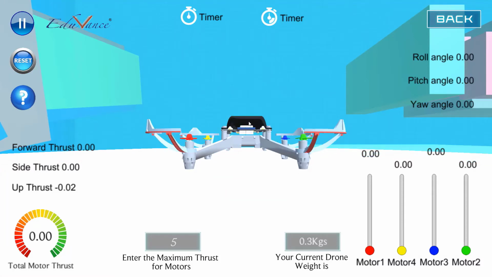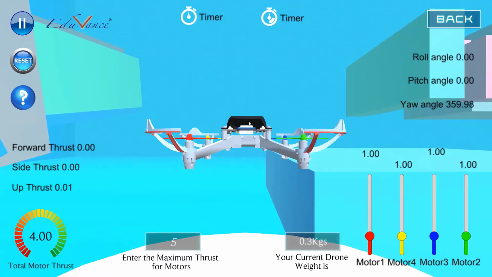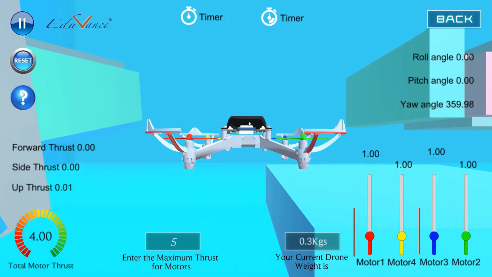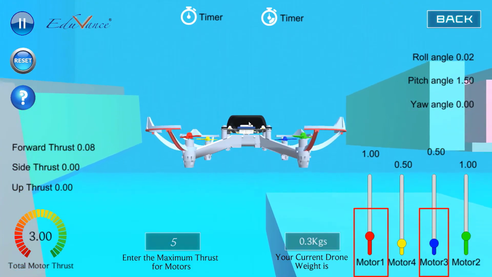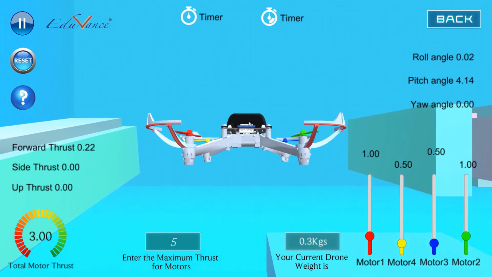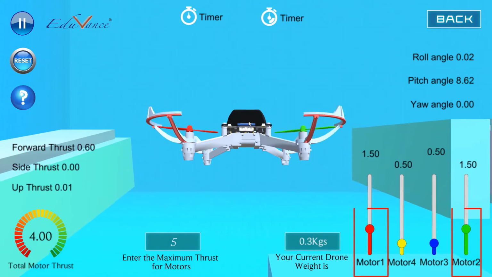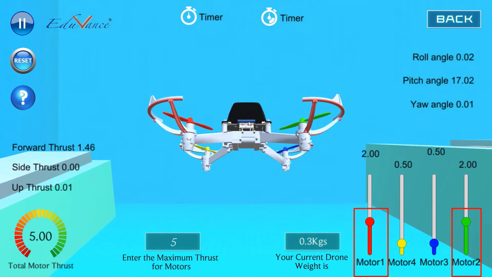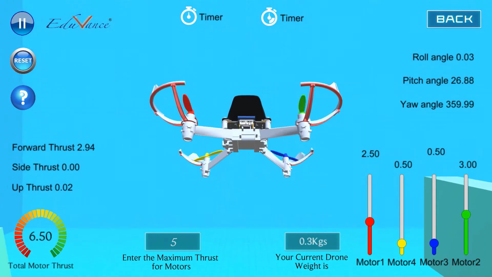Now in your simulator, if the drone collides, it's fine. Don't worry, it's a simulator. So you can have fun with the collision as well. Now again, I increase my RPM by pressing QWOP. Now the drone starts going up. I hover the drone, and now when I increase motor 1 and motor 2, you see if I increase it further, the drone will keep rotating until I stop it.